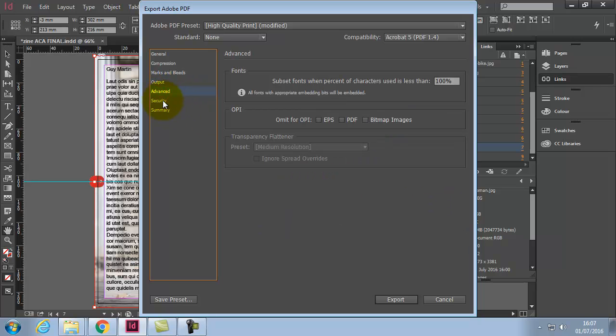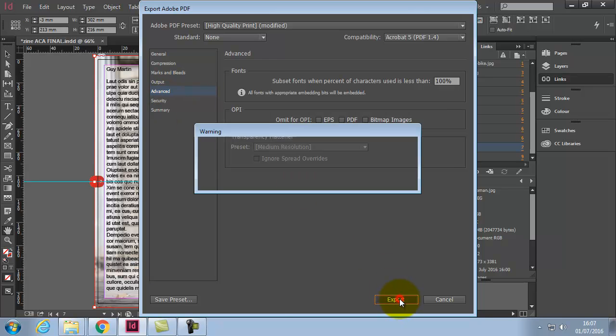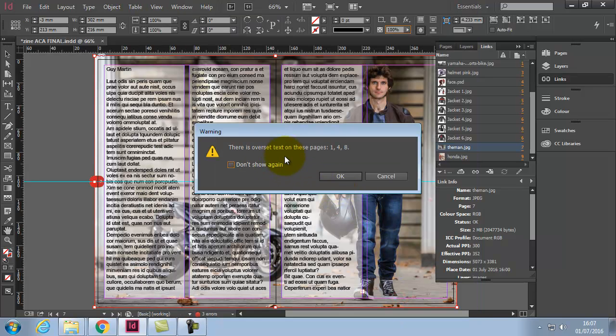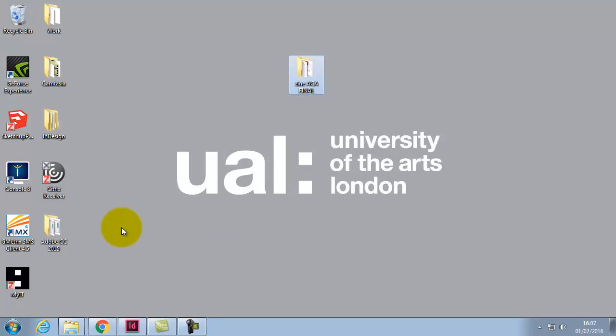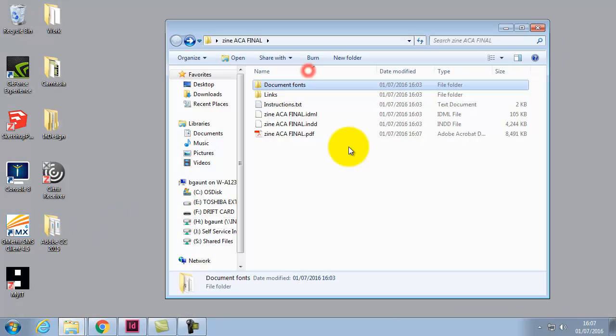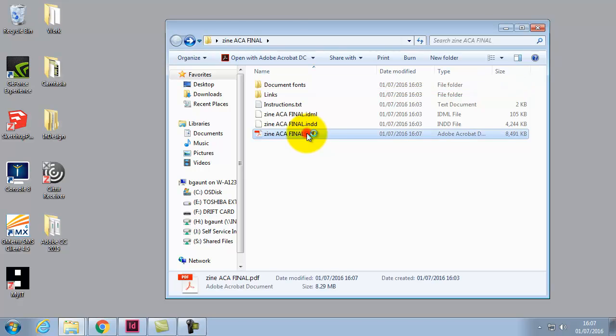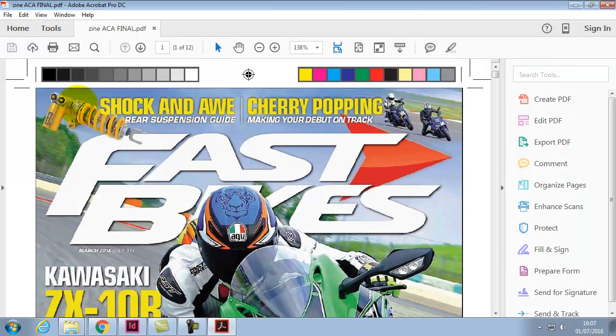The rest of the settings change as you wish, but then export. Remember the offset text problem, we know it's okay, so we're just doing okay. What it will then do is generate that PDF. You know it's generating the PDF by this simple animation that was going on up there. And let's just double check that folder on the desktop. And we have our PDF file. So you can see all the crop marks up here. So if I scroll down,